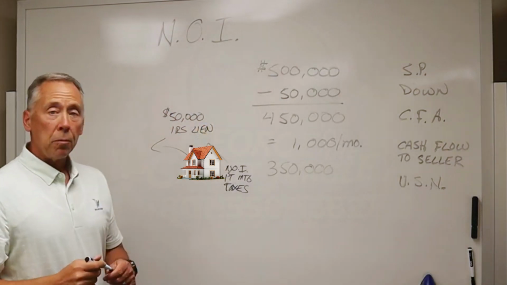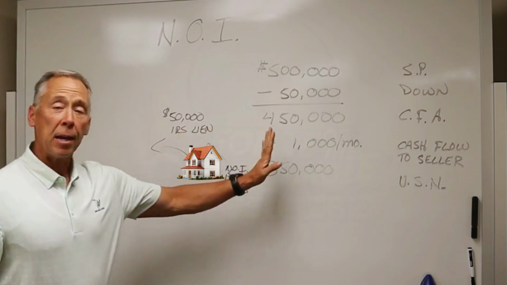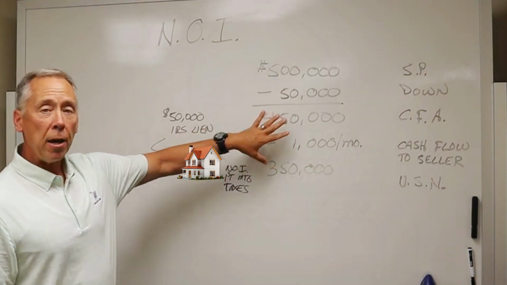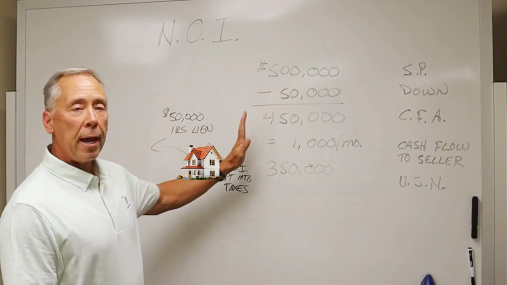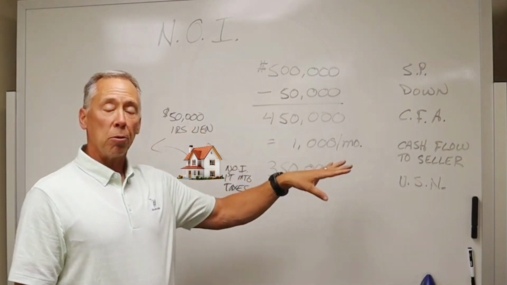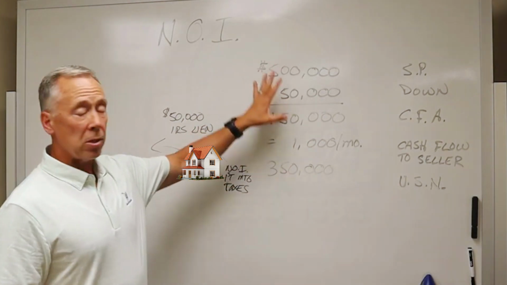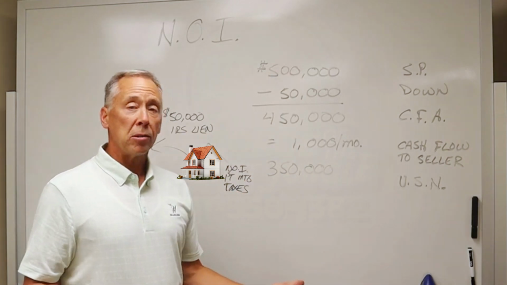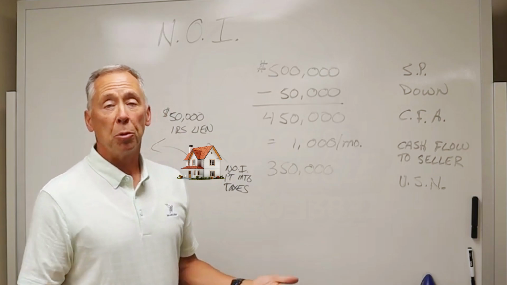Okay, now the IRS is going to know that, well, this guy has equity in a house. Wow, look at that. He's got $100,000 of equity. He owes us $50,000. Let's go ahead and slap the lien on the house and let's try to enforce it. Let's say that the IRS, in the absence of the seller finance contract, can, for their enforcement mechanism, basically force the house to sell to be able to pay them.